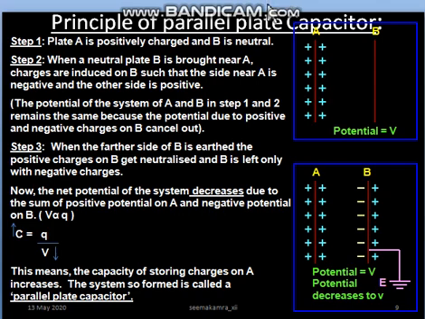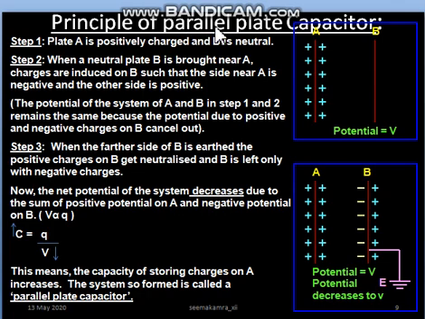In this sheet, we are going to understand the second type of capacitor, that is parallel plate capacitor. In the previous sheet, we have understood the first type of capacitor, that was isolated capacitor or single capacitor. The problem with the single capacitor was that the maximum possible capacitance was very small, and it was of the value 711 microfarad.